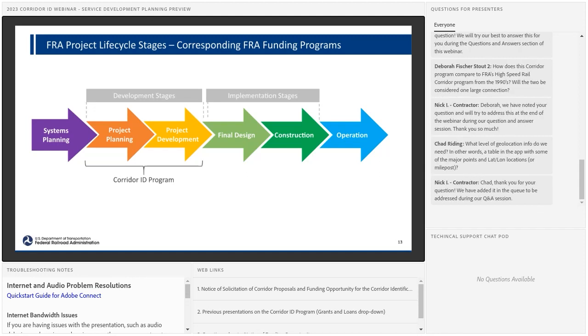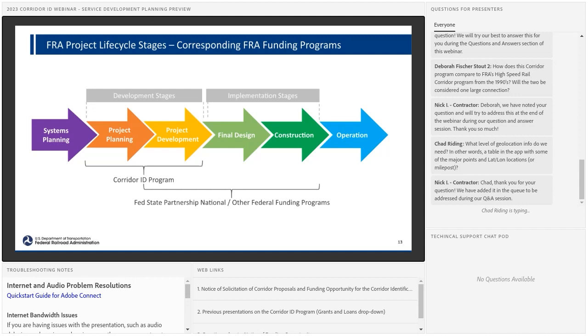Project planning and project development, with project development coinciding with the completion of preliminary engineering and environmental review. We then have other programs that have much more of an emphasis on the implementation stages of final design and construction, with a bit of overlapping eligibility into those development stages, particularly Fed State Partnership, CRISI, and some of the